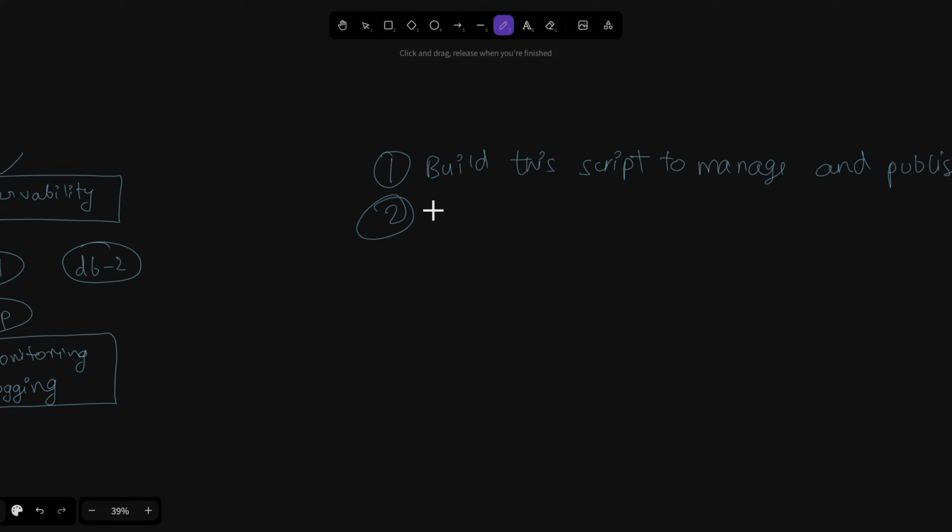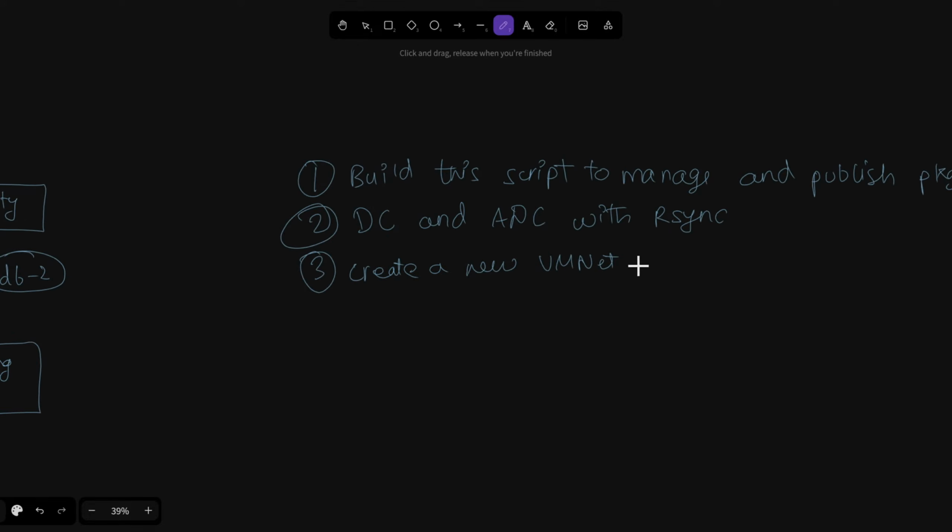The second thing is to make the DC and ADC with rsync. Then let's say we also create a new VMnet 5 for bonding.